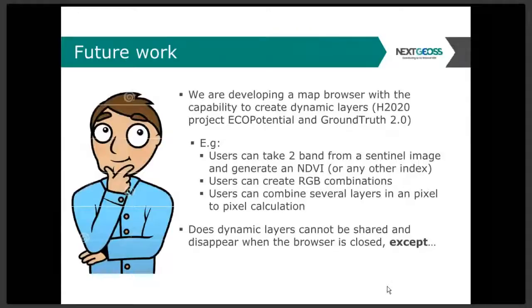Or the user can combine several layers into a layer arithmetic engine that will do pixel by pixel calculation and generate a virtual layer in the end. Those dynamic layers cannot be shared at this moment because it's something that the user is doing on the fly, and it will disappear when the browser is closed, except if